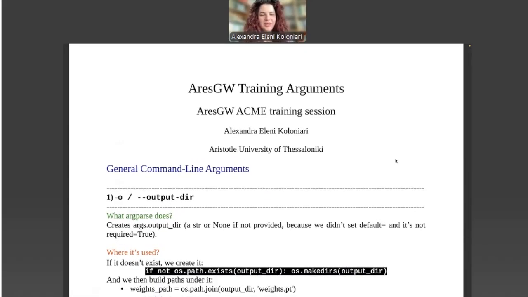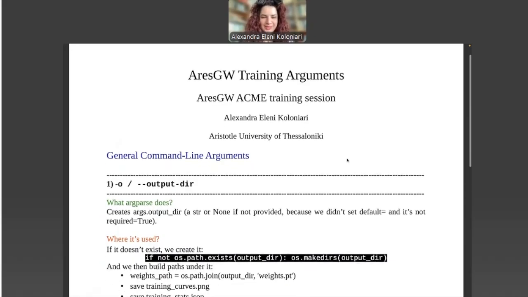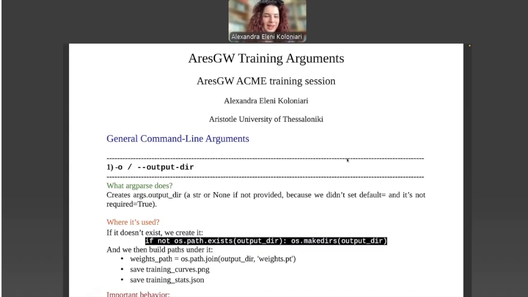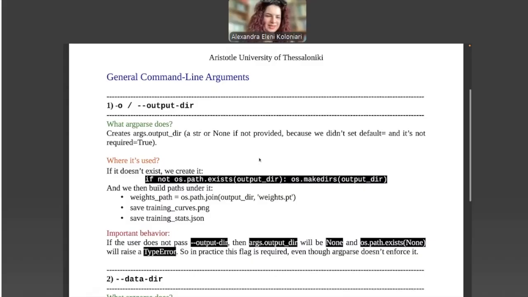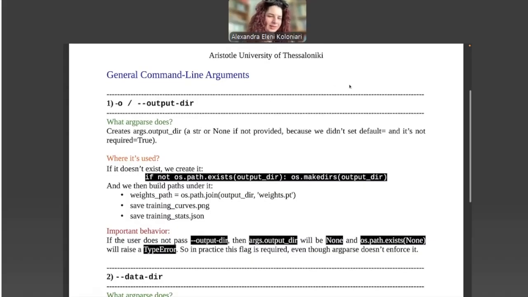Go ahead. Okay. So let's check the different arguments that we have, starting from some general command line arguments, such as the output dir.